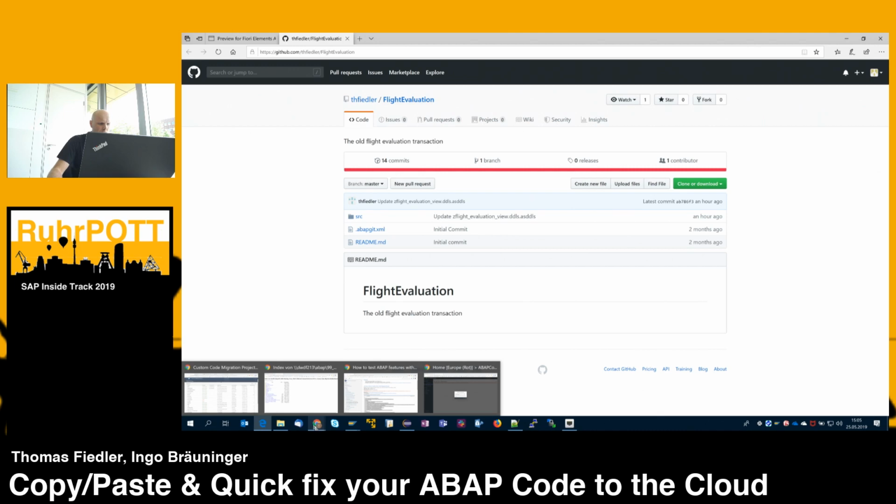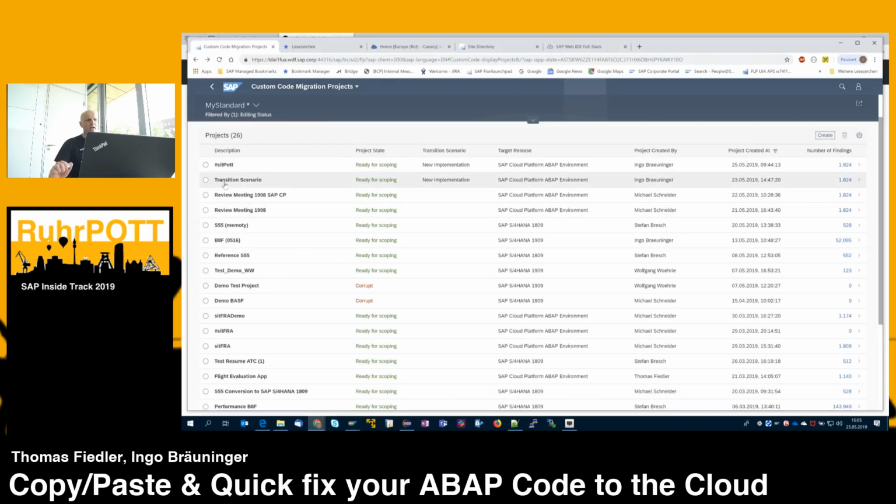For this scenario, we also have a Fiori app developed. We also used this Fiori application to transform custom code in the code jam session yesterday, to analyze our coding against the ABAP in the cloud scenario.